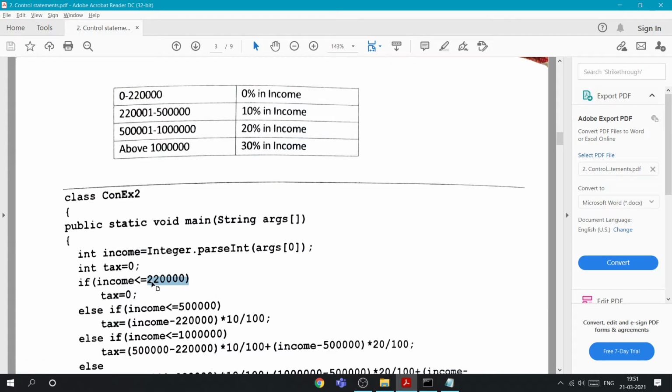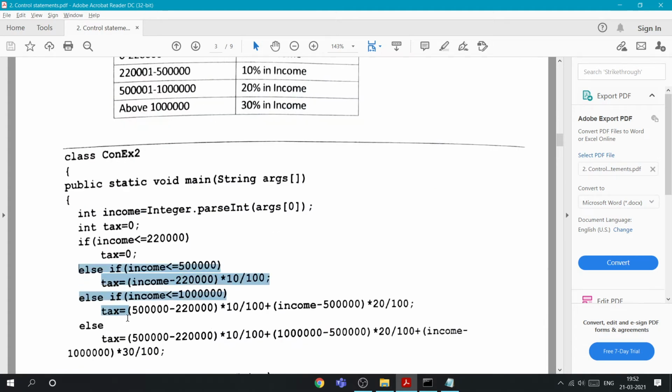We are just assuming that we are entering a value greater than 0, meaning a positive integer only, because it's money, right? And then else, here we are not mentioning the upper range because we have already mentioned it, these are all continuous ranges. So if for example the salary we entered is 2 lakhs 20,000, it automatically comes to this statement, executes and skips all this. It won't check again, because it's satisfied here.